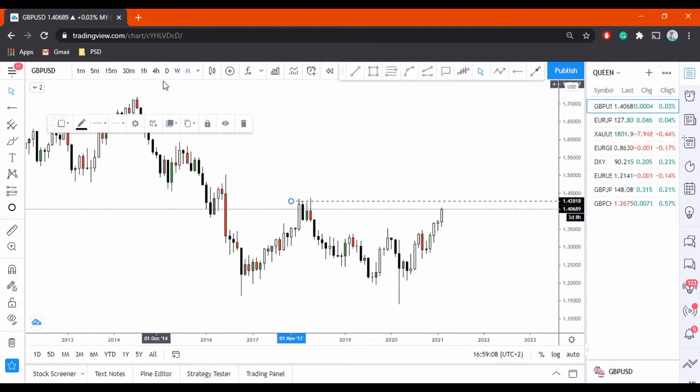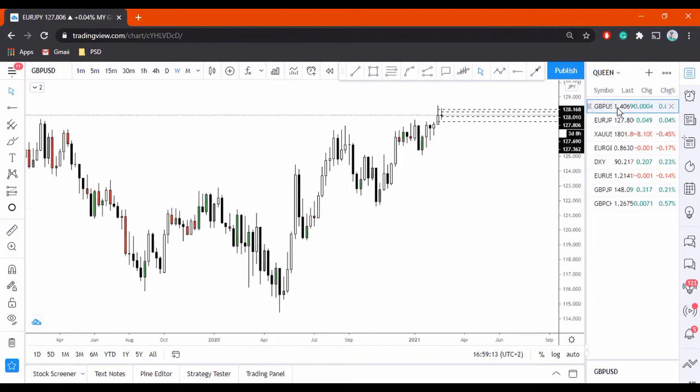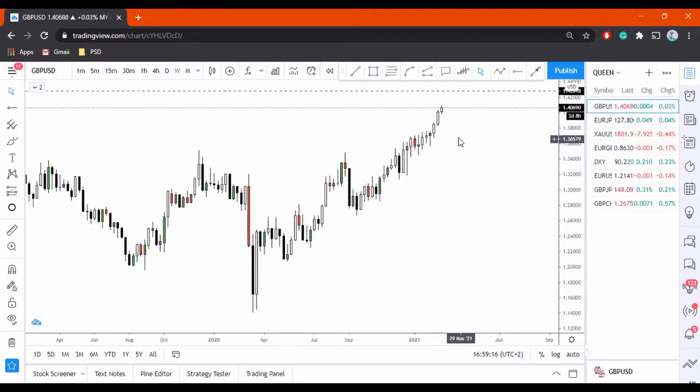So right now, price is pushing higher, which is good. And considering how last week's candle closed, and the week previous to that, we can expect a candle similar to the one before, or even this one also. We can even look to get a candle like this one, the one that happened last week, to fill up this gap. But then that means price cannot come back down and break